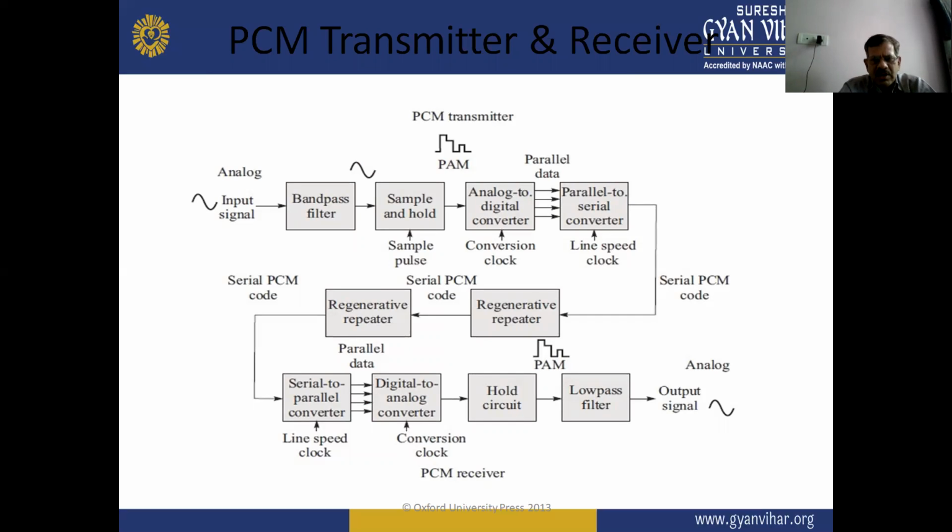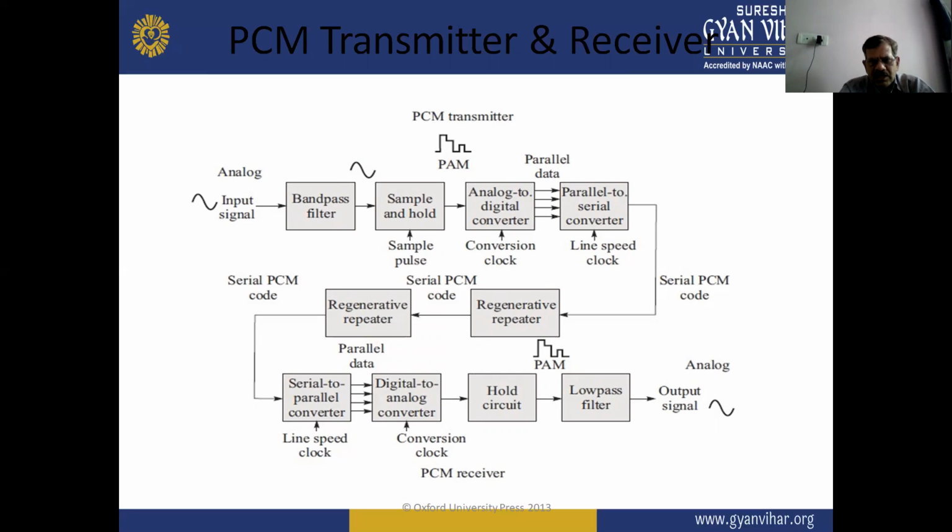This signal is converted from analog to digital by the A to D converter, and the output of this A to D is the parallel data signal,